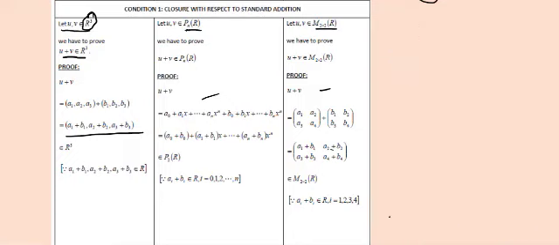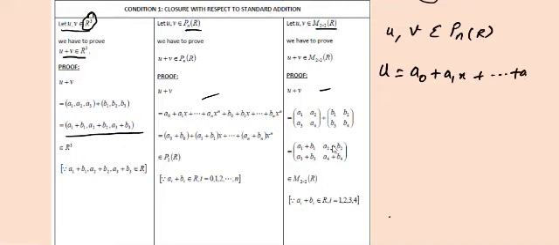Our second set of consideration is Pn of R. Here also we are going to take 2 elements, u and v, in Pn of R. What is the structure of Pn of R? As I mentioned earlier, in the assumptions itself we have mentioned it clearly. u will be of the structure a0 plus a1x running up to an x power n. Similarly, v will be b0 plus b1x running up to bn x power n.